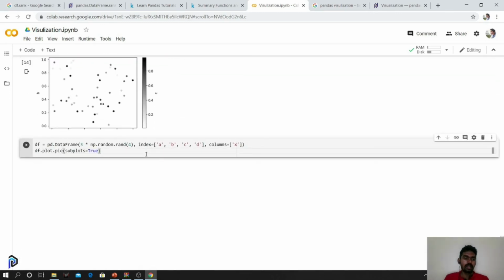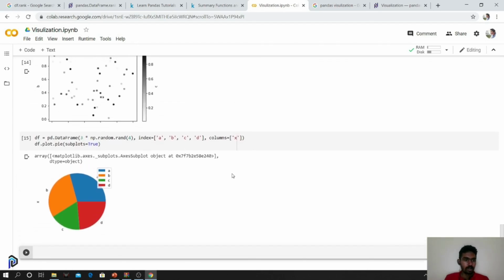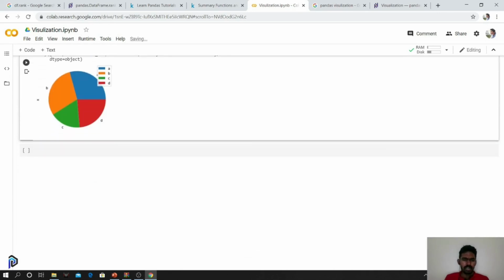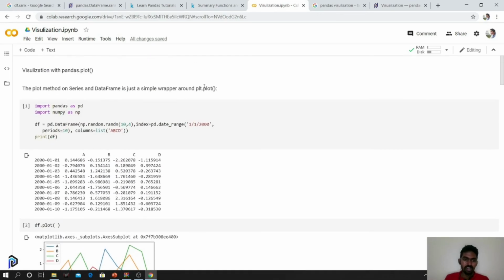Finally, let's see the pie chart. Similarly, I've created random variables and created columns. So plot.pie with subplots equal to True gives you the division in which each of the columns are. We have not covered exactly what each and every graph explains. The objective of this lesson is not to dive deep into them. It is just to show that even using pandas plot, we are able to do a lot of functions. Let's look into the visualization in detail in the upcoming sections.